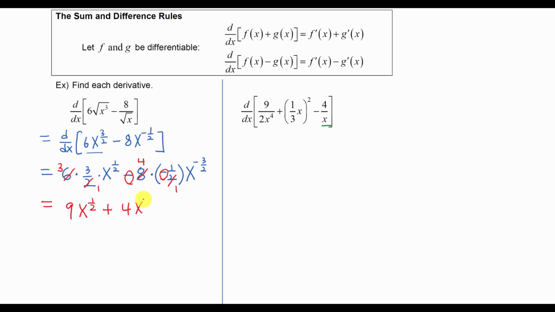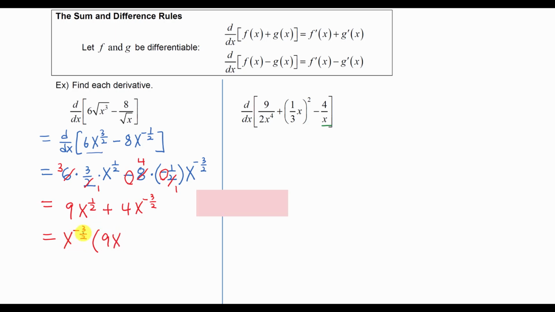X to the negative 3 over 2 power. Now, in chapter 3, we always need to factor these derivatives out to find what's called a critical number. So might as well start practicing it. So let's factor this out. So we learned that we always factor out the smallest power, and the smallest of 1/2 power and negative 3/2 power will be negative 3/2. So you factor out x to the negative 3/2 power, open, 9x to the, remember the